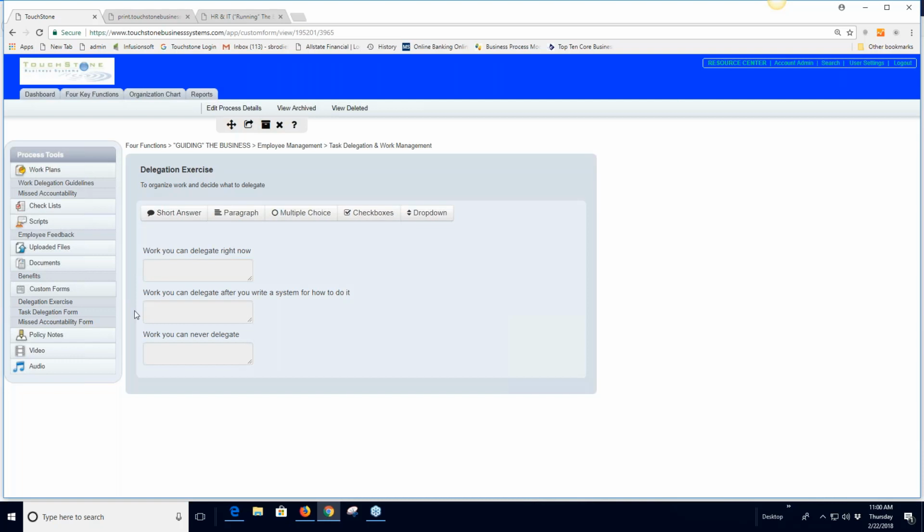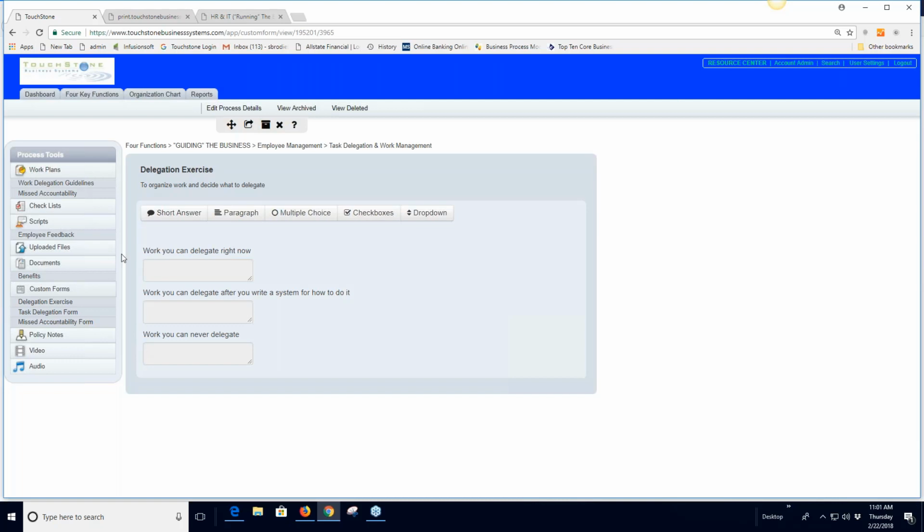If you wrote a process for how that work is done, you could delegate it. Make a list of those things. And then make a list of the work that you could never delegate. This right here, the work you could never delegate, is what's in your mind all the time, and it stops you from seeing the actual work you could delegate. So if you have an overwhelmed manager, if you are overwhelmed yourself, this simple delegation exercise can really help you